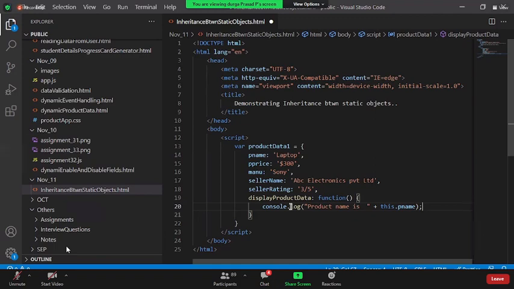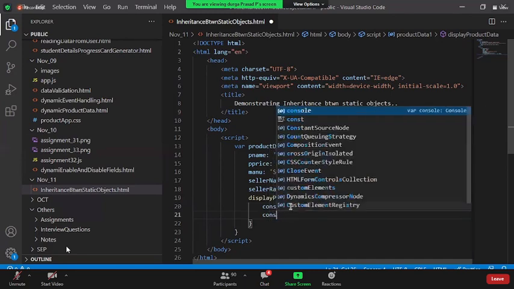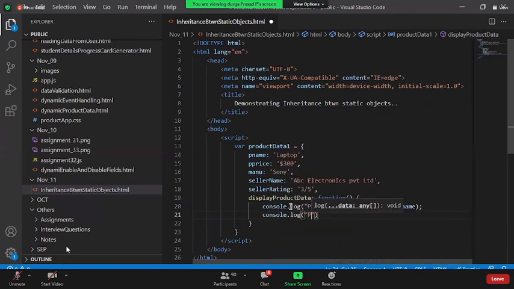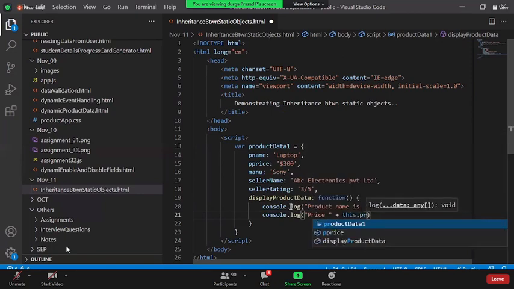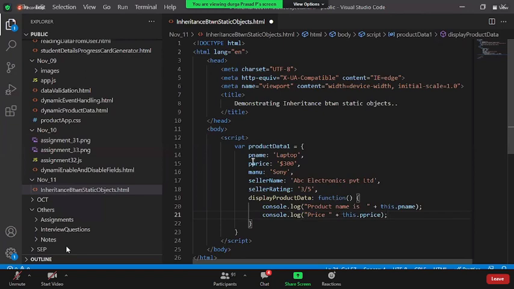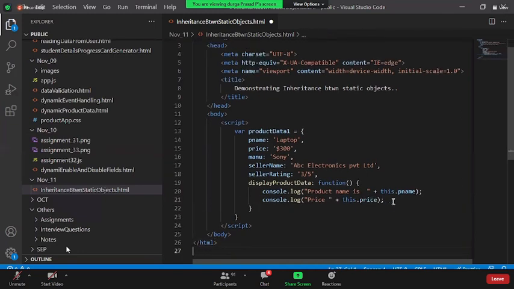So if, instead of showing the data on the console, I ask you guys to create a div or UL elements and show the data, you can do that, right? So I say console dot log price is plus this dot price. We already talked about the this operator. Anytime you want to refer to the current object's properties or behaviors, we make use of the this operator here. Okay. So now I copy this.